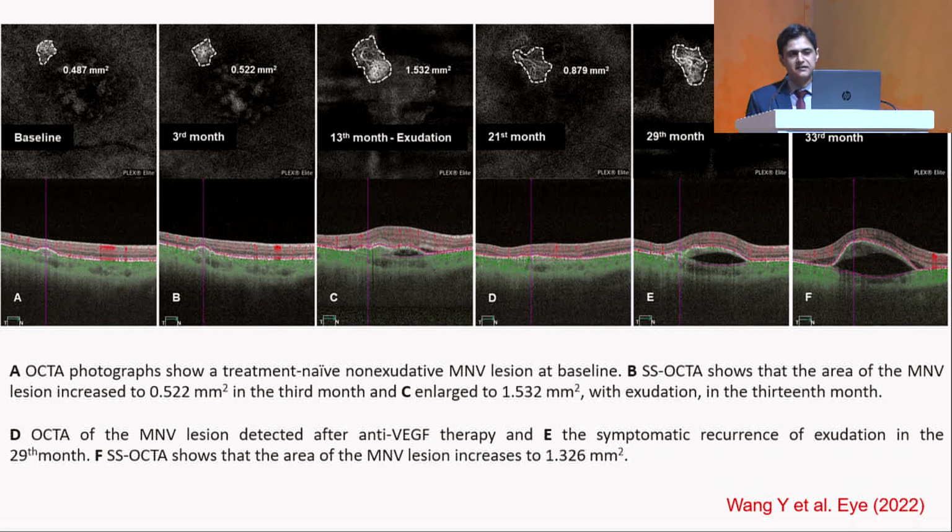So as I said, this is a case which I just took from a study. You can see that the vascular complex over a period of 1 year started to increase, and there was exudation. They treated the patient, and then it got dried, but again the fluid is coming up. So this is the main advantage of doing an OCTA and keeping the patient under follow-up, and also giving him probably an Amsler chart or something to self-monitor.